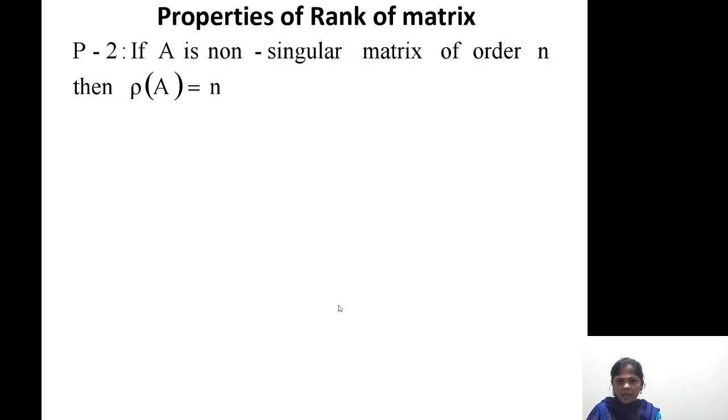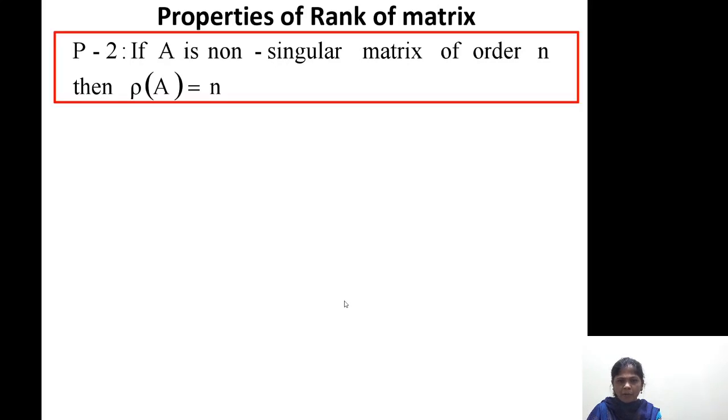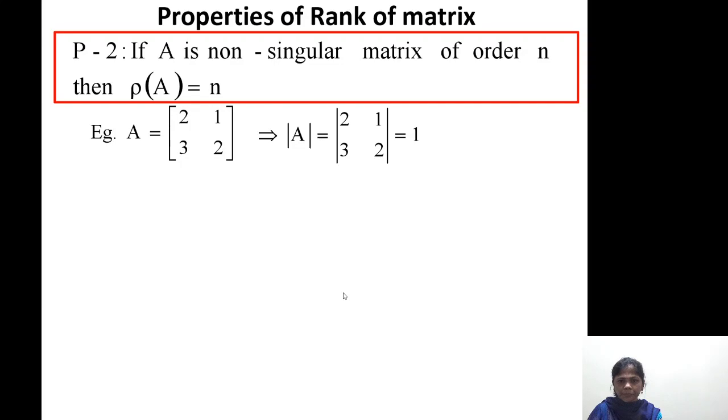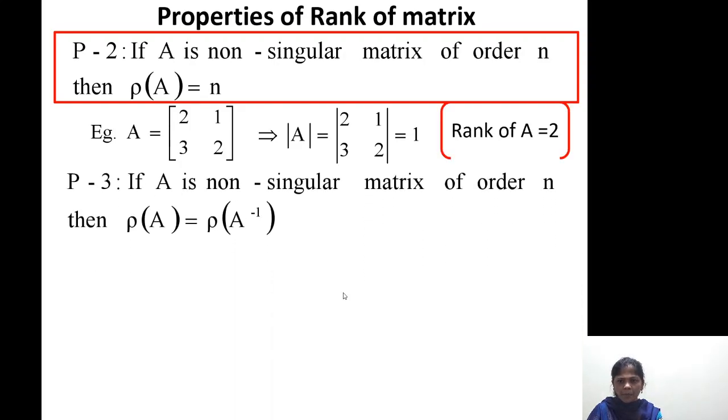Let us move to the next property. If A is any non-singular matrix of order n, then the rank of A is n. Let us verify it with a simple example. A is a 2 by 2 matrix. Let us find whether it is non-singular or not. So, we get the determinant of this matrix as 1, not equal to 0, hence non-singular. Therefore, according to this property, we should get the rank of this matrix as 2,